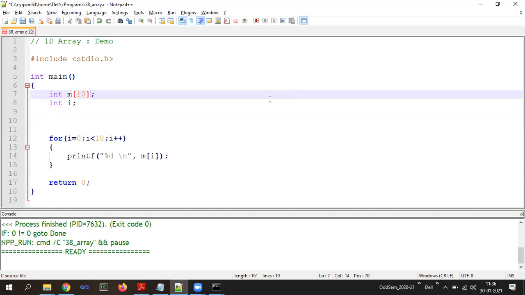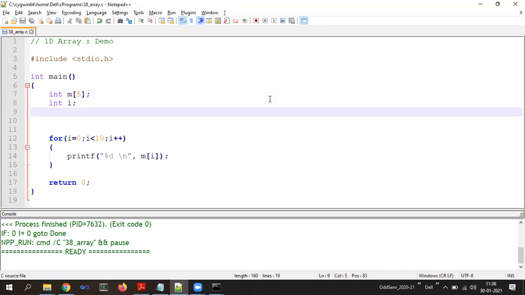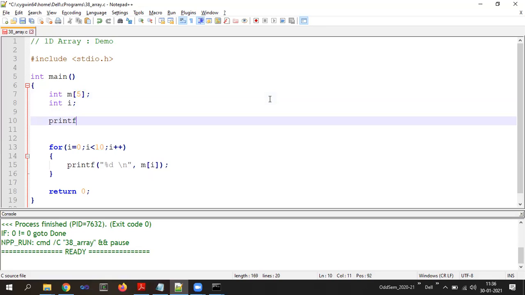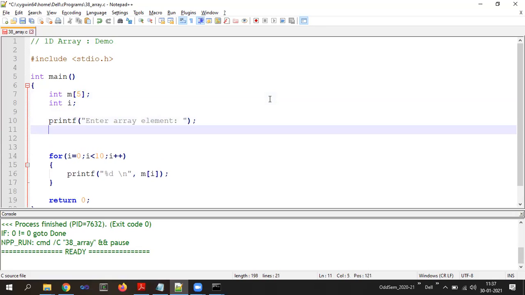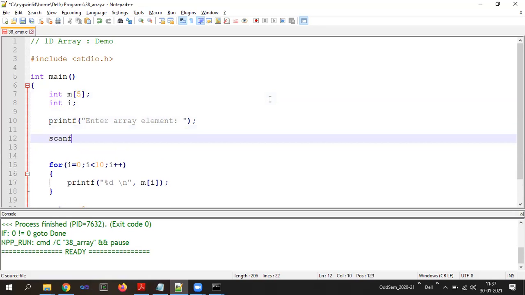Let me just declare the array. Let's go with 5 values. So I'm just declaring an array m. I want to initialize this array. So I will print one statement, printf, enter array elements, a message I want to print on the screen. After that, I want to scan the variables. To read the variables, I know the statement is scanf. In the scanf, since it is a %d, I write %d, comma, then I want to store in the corresponding element. For the first element, how is it accessed? M of 0, right? So before M of 0, I need to provide ampersand, M of 0. Correct? Second element,